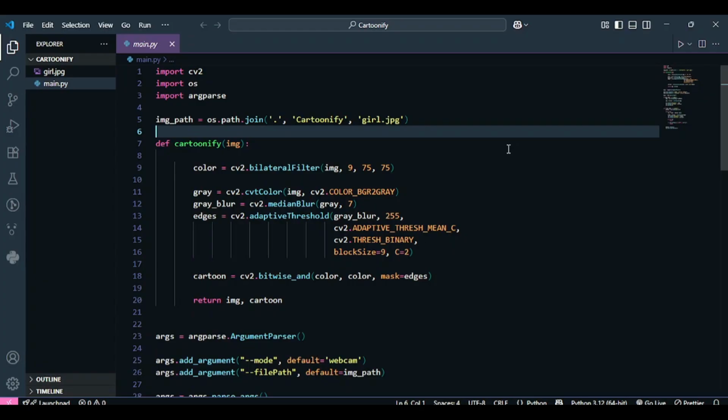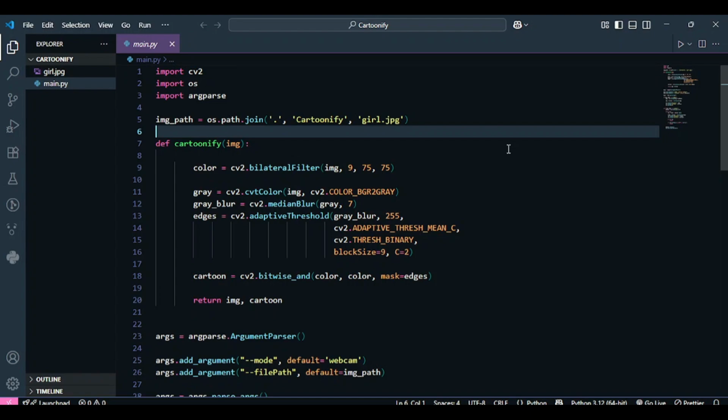Today we are here with another beginner friendly project, which is how we can cartoonify our images, and not just the images but also the webcam. Even though it's not the exact cartoonification of the image, it is still going to give us a pretty cool result. As a beginner, I think it's one of the coolest projects you can make. Now, without further ado, let's get started.